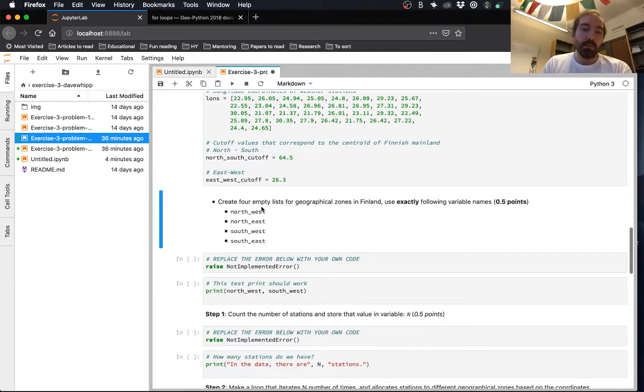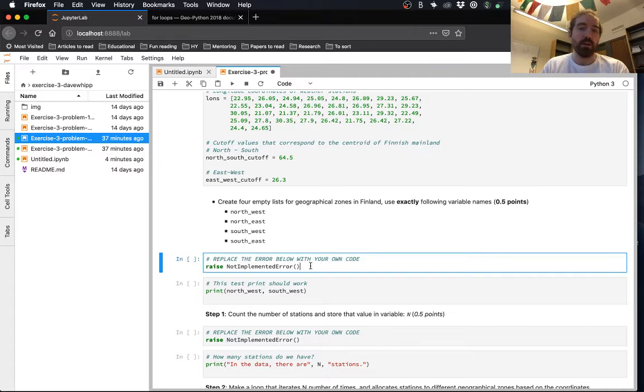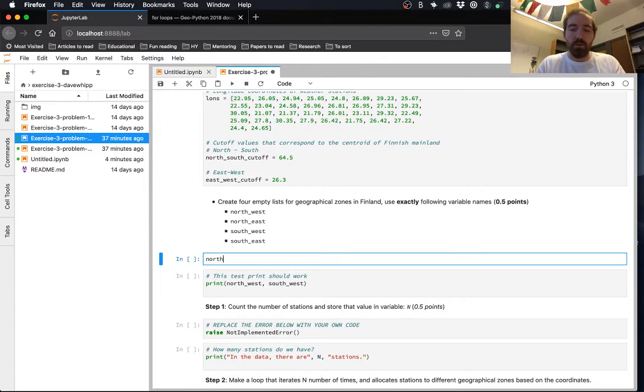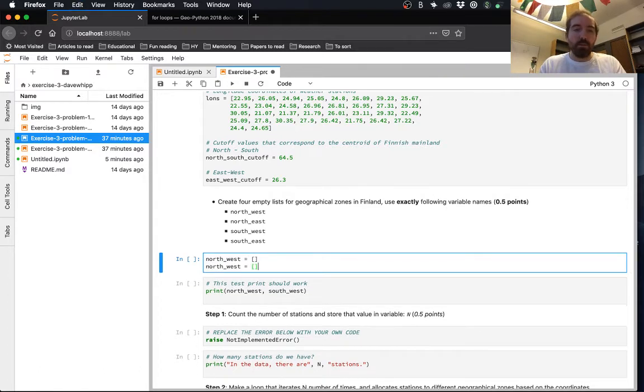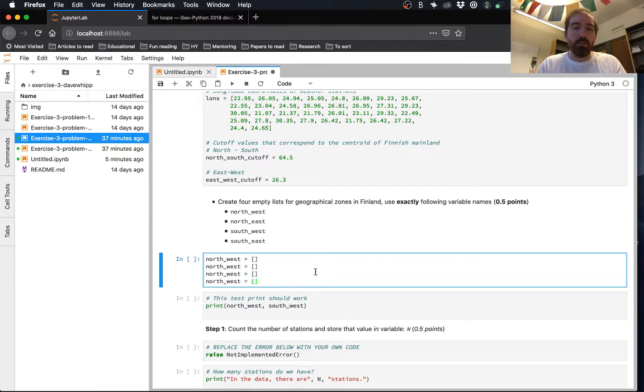The next job is then to create these lists. And we're going to make some empty lists, so that's not really a big deal. So we need something called northwest, and we'll say northwest equals some empty brackets. And then because I'm lazy, I'm going to copy and paste all of these things. We know we're going to need a northeast, so we'll make northeast.